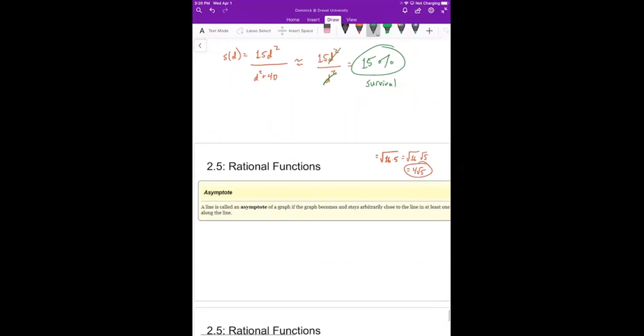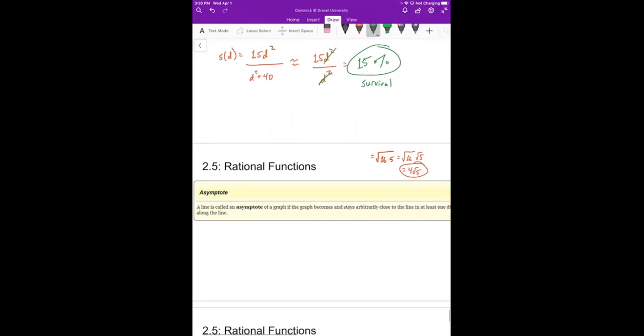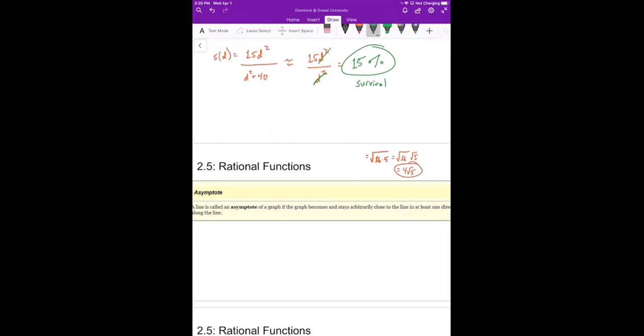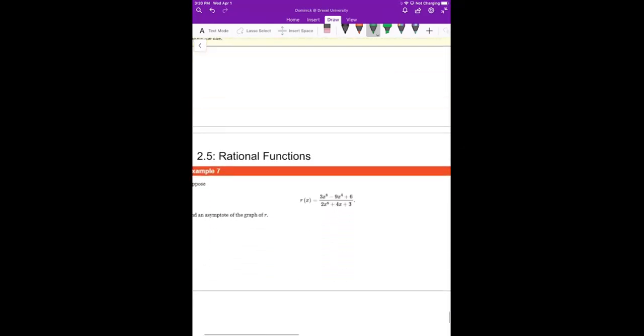Okay, and this is a nice push in the right direction to what we call an asymptote. So we say that a line is called an asymptote for a graph if that graph eventually gets to a point where you can get as close to that line as you want without touching or crossing over that line, right? So for example,